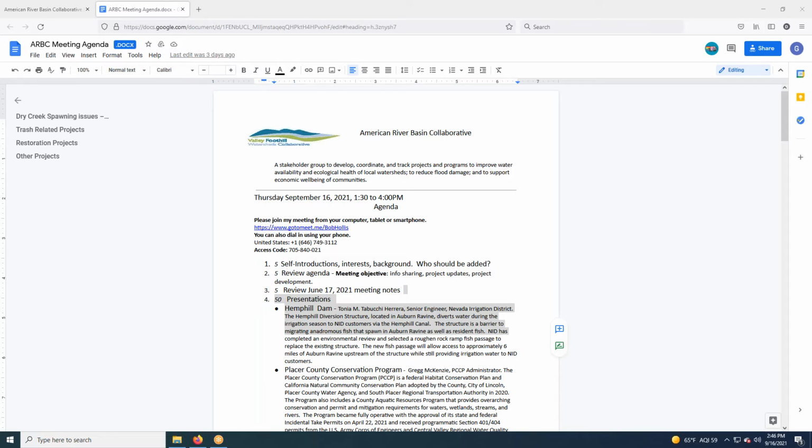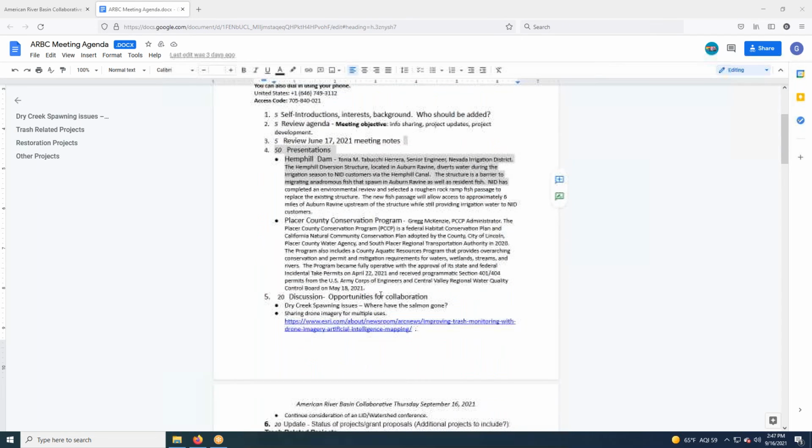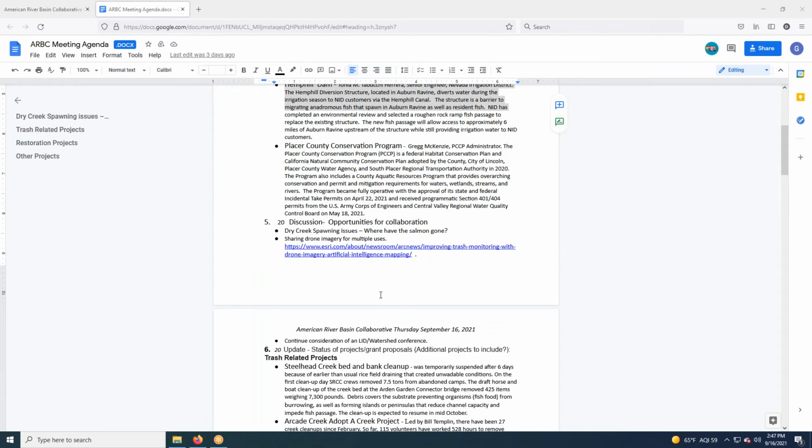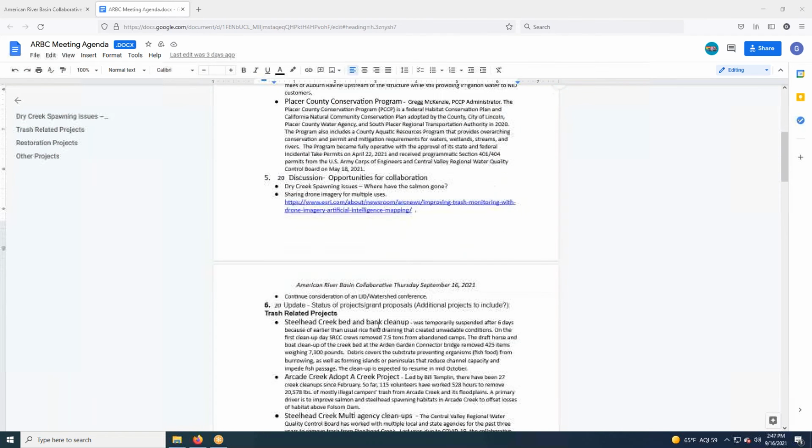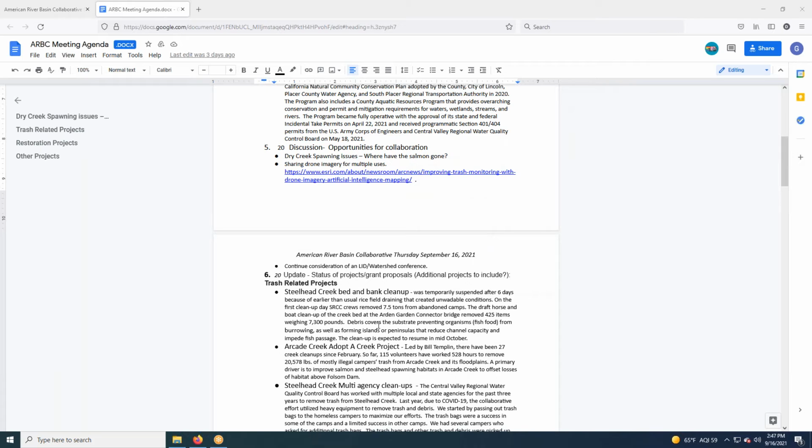So we have essentially three sections to this agenda, and the second one is trying to figure out ways that we can cooperate on regional issues like fish traveling through different jurisdictions. And then the last one is an update on a bunch of projects from